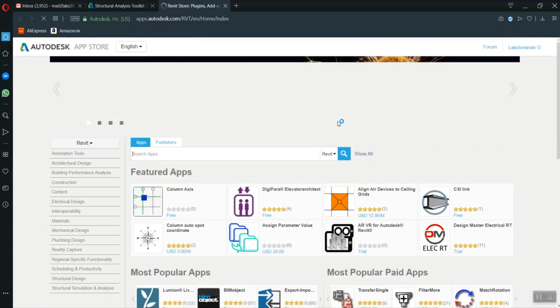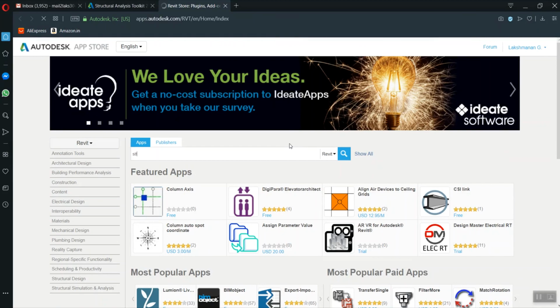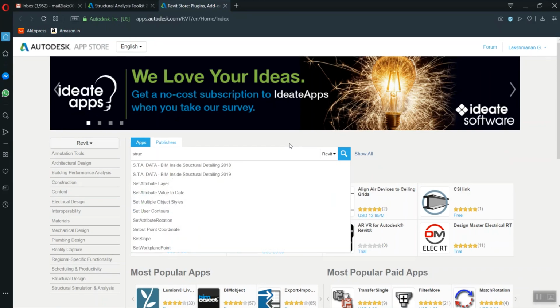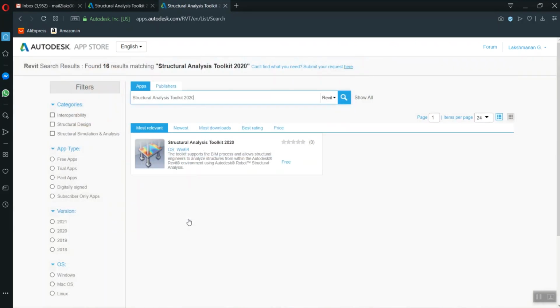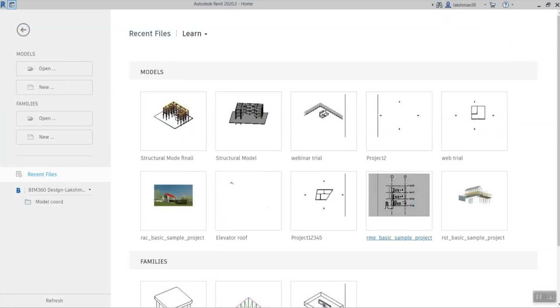Here you can type Structural Analysis Toolkit. It makes it easier, right? From your software itself, you can go to the Autodesk App Store and download things. You don't have to search in Google. Just open your Revit, and in the upper top right corner you will have an option, a tool with a cart symbol. The cart symbol is nothing but the Autodesk App Store.